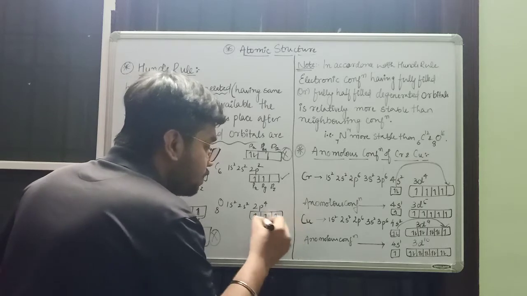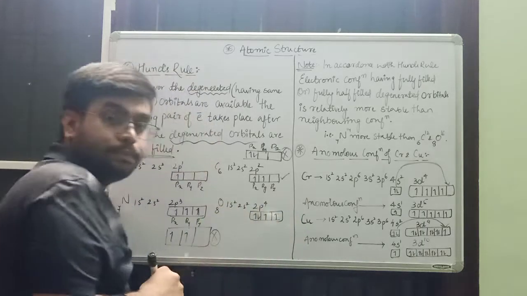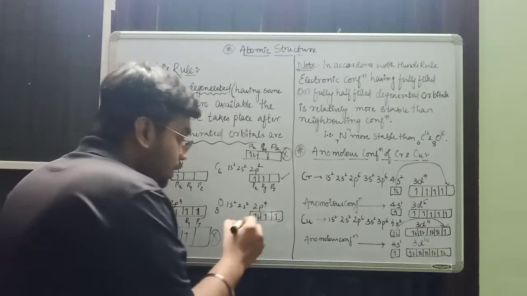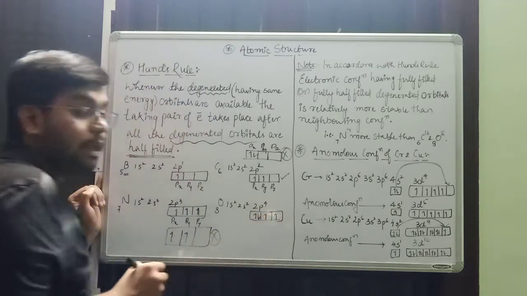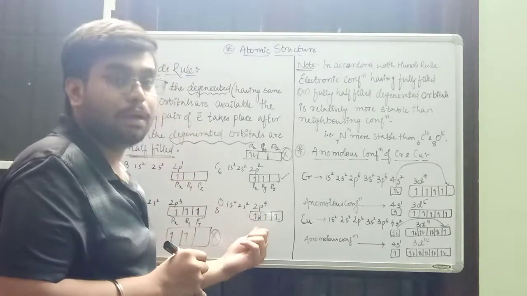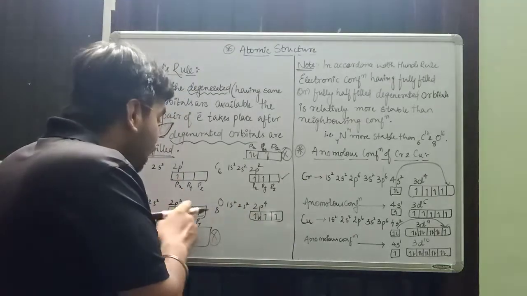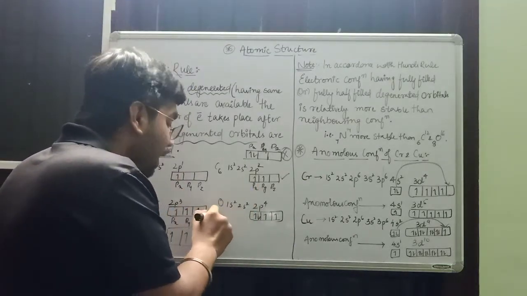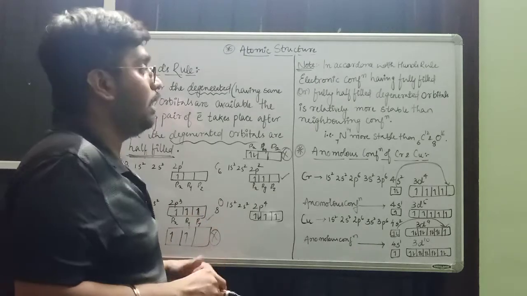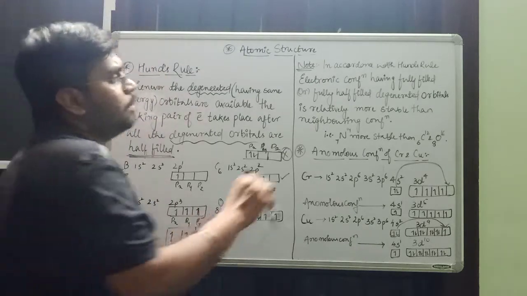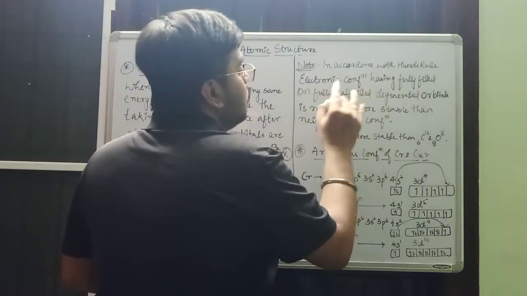where the pairing up takes place, from here, right? Here the electron is paired up. Electrons will pair up only after all the orbitals are half filled. Done. Now see, in accordance with Hund's rule, electronic